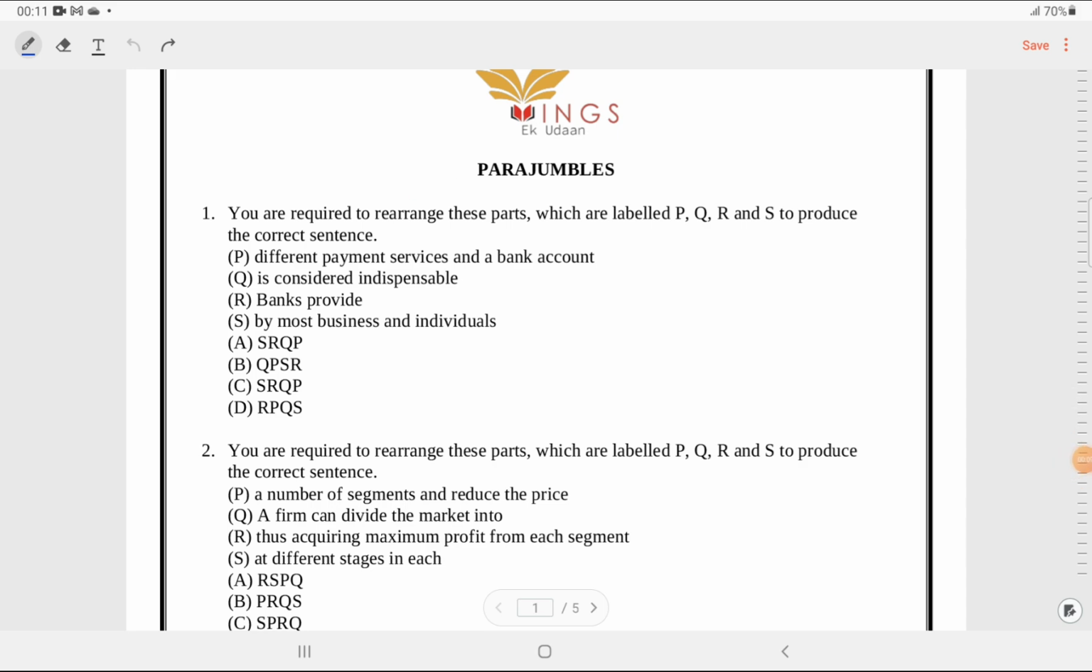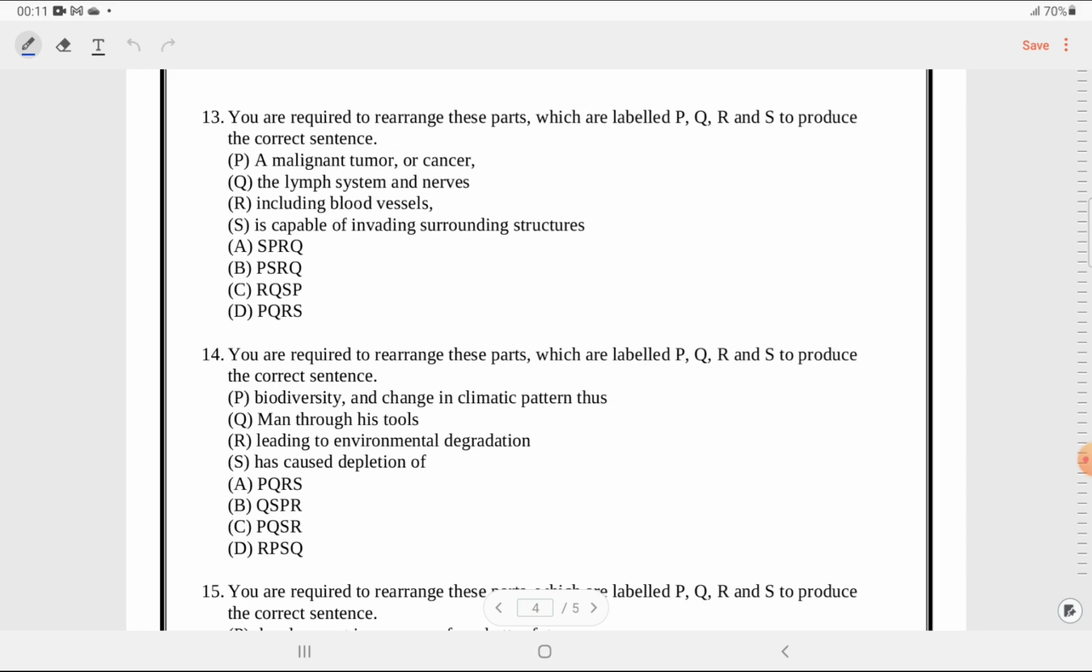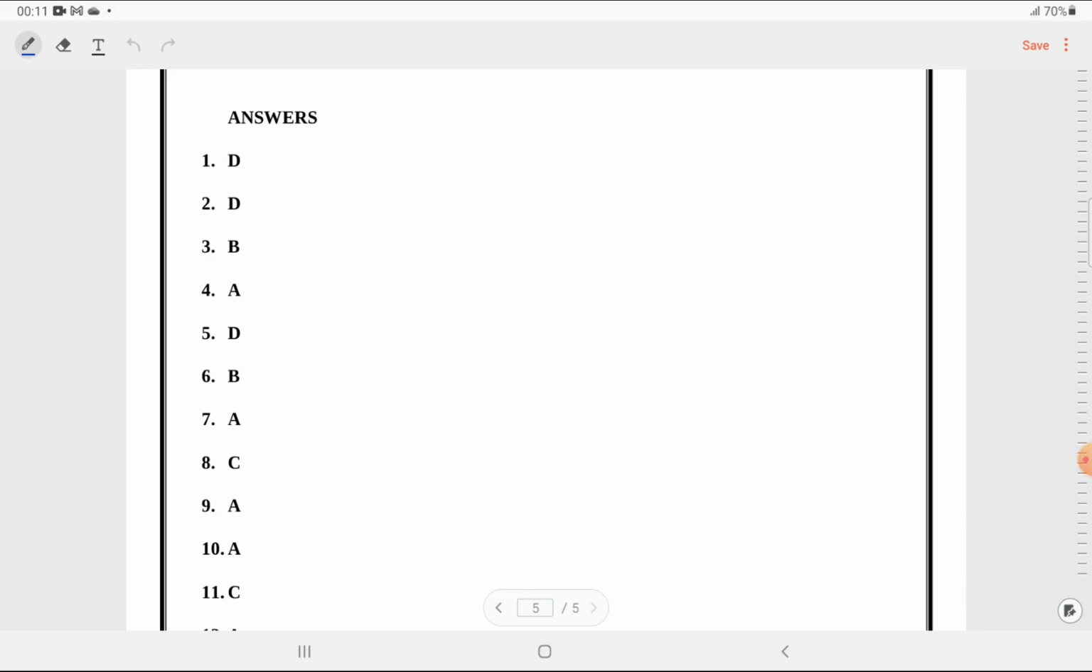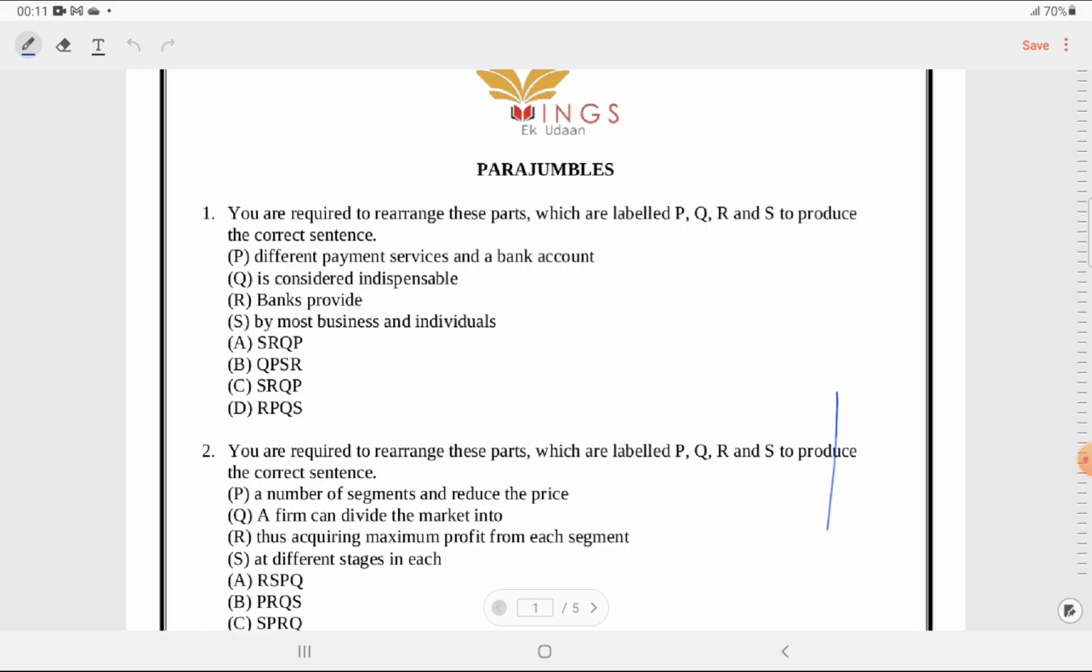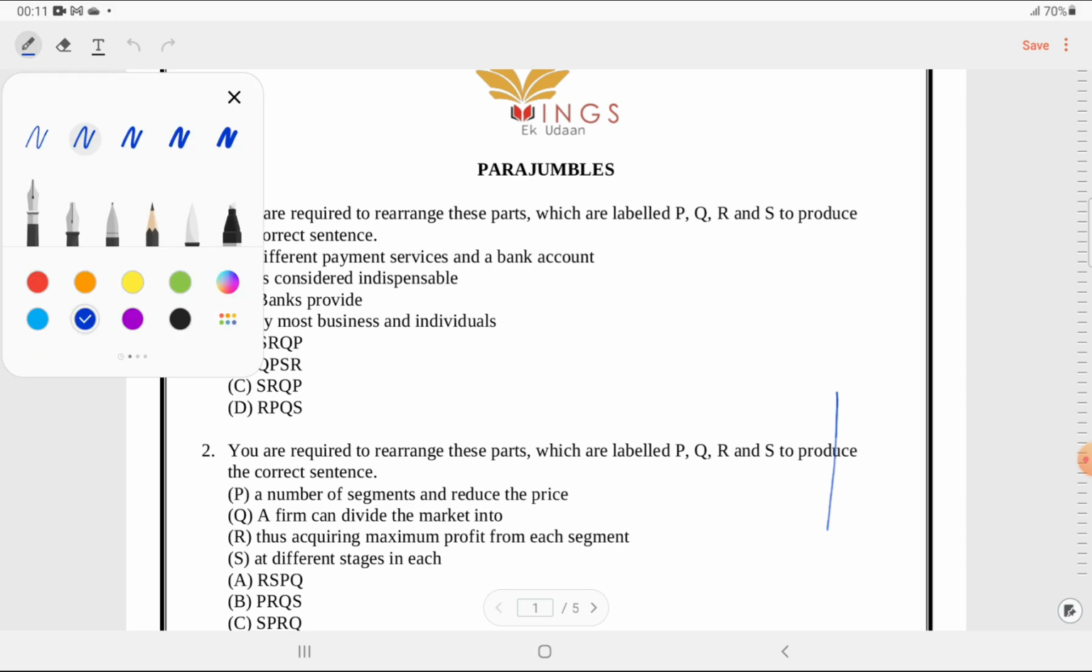Parajumbles is also one of the topics. This particular exercise, this particular sheet, carries 15 questions in total. We'll start from the very first one. First of all, I would like to tell you that,